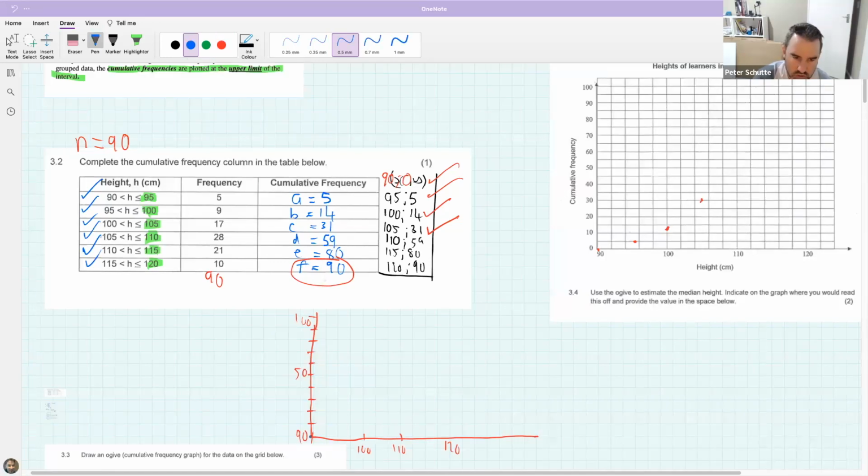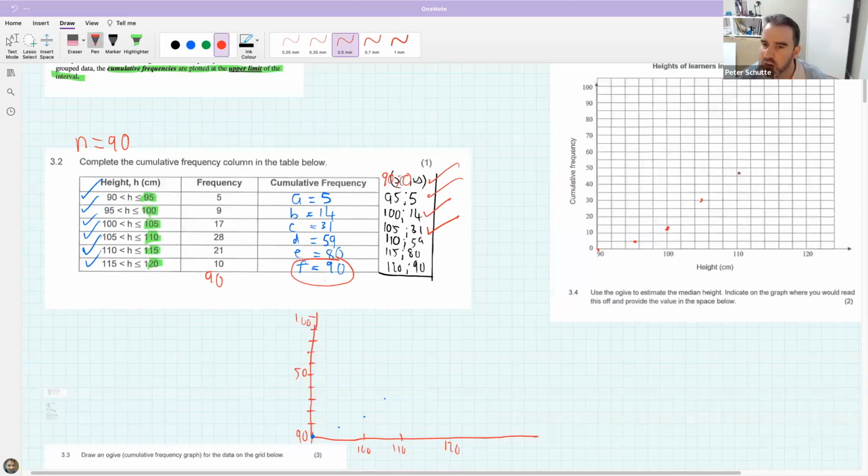What I want you to do is actually plot these points as I've done. So 100, it's about 14, so it's about here. And then 105, 31, would be up here. Okay, so I want you to do that and just take the time to do it properly